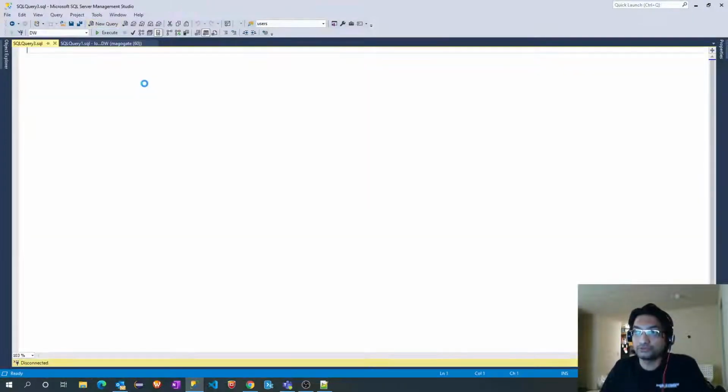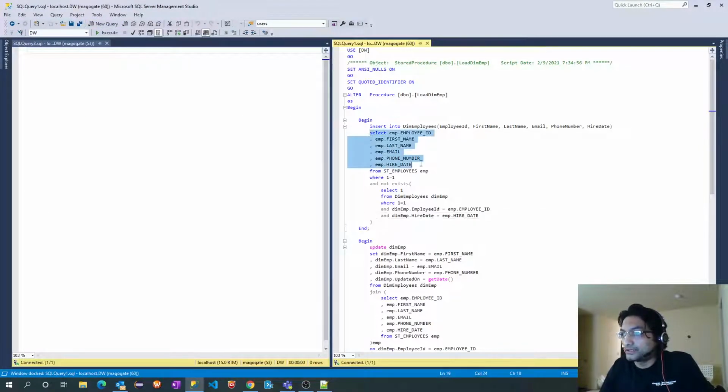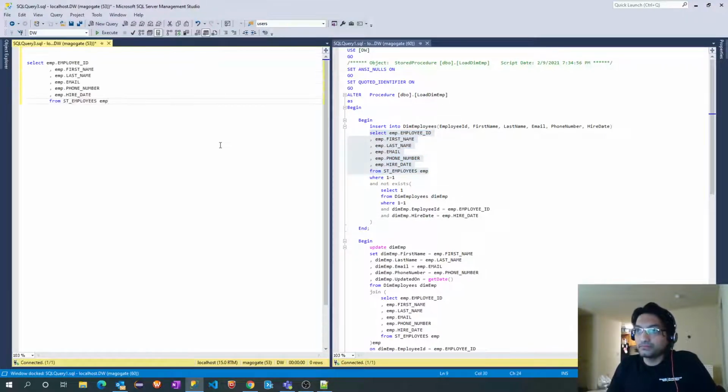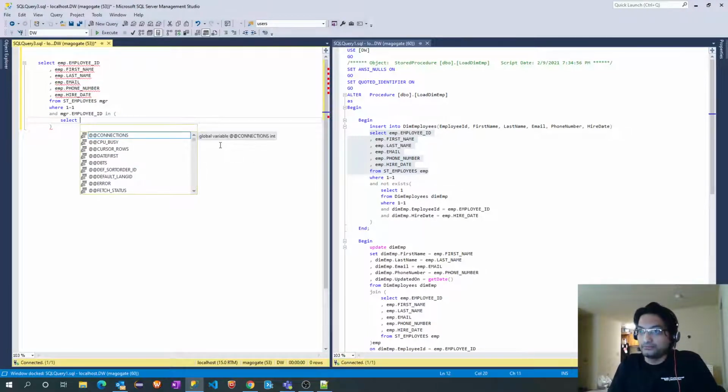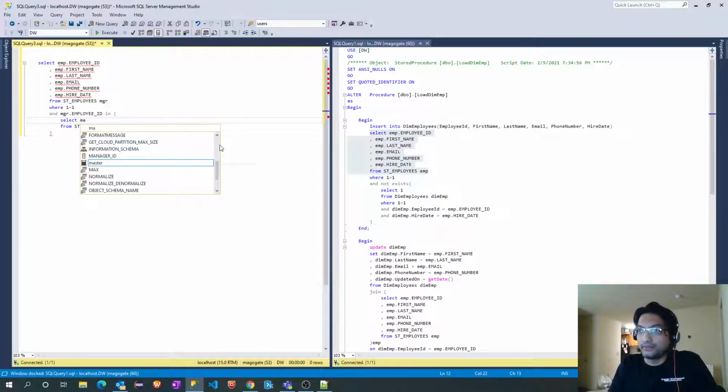So let me create a new query here, and I will simply copy this. Instead of employee, I will give this as mgr, where 1 equal to 1 and mgr.employee_id in, select manager id, select star from st_employees, and here manager id.